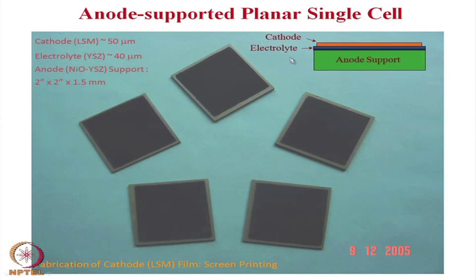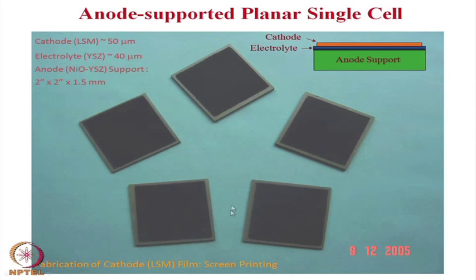It is 50 by 50, these are 4 inches by 4 inches I believe. No, these are 2 inches by 2 inches, 1.5 millimeter. Later of course, the same group is also making 4 inches by 4 inches cells. So, the electrolyte thickness is about 40 microns in this case, and cathode is about 50 micron, and this is about 1.5 millimeter. So, of course, there are tremendous challenges of fabrication, because